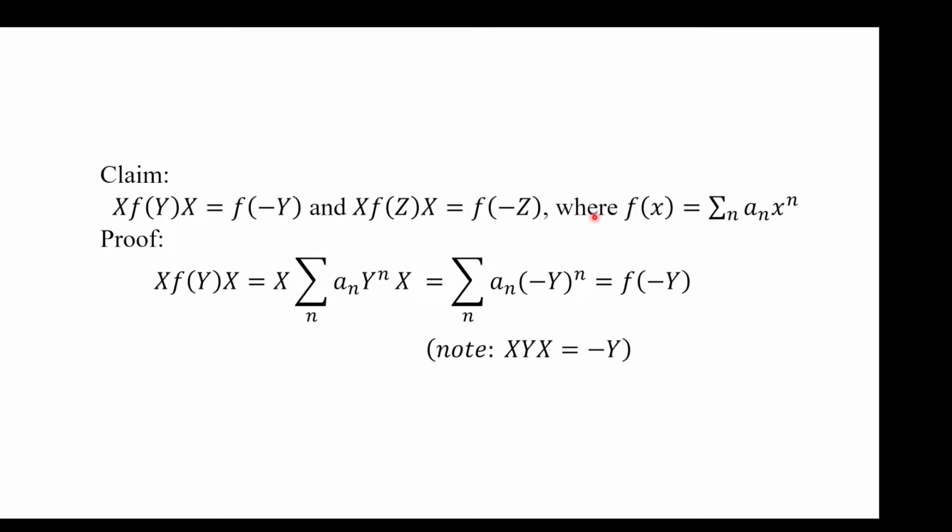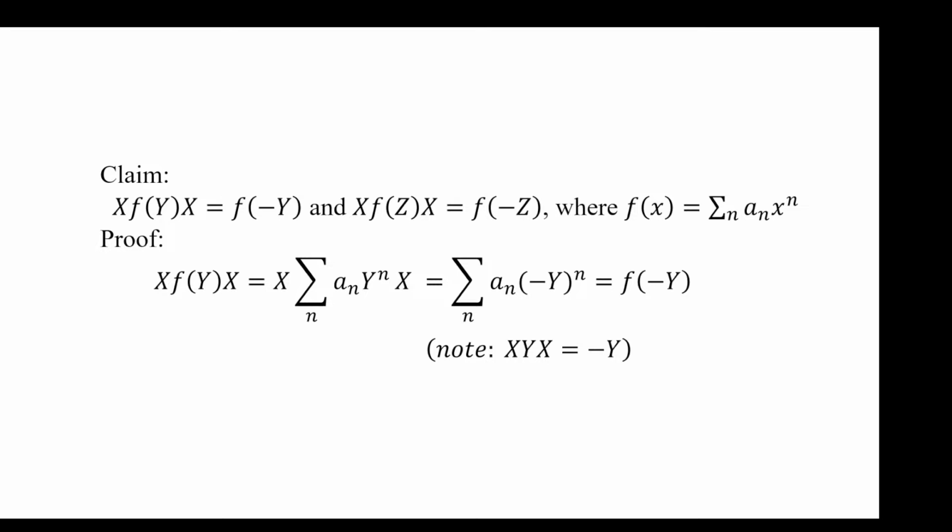Okay, and I think this should be true for everything, but for ease of proof, let's assume f has some Taylor expansion. So f is some polynomial, the summation over n of a_n x^n. And the proof is that you write your f as a polynomial. So your f of y is the summation of a_n y^n. And then I guess I should write this longer. Okay. And so you have